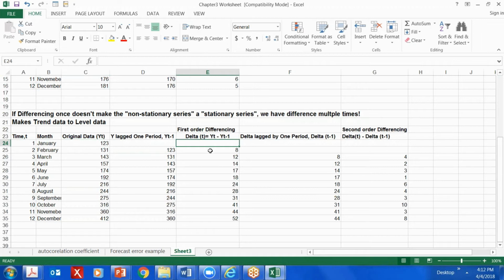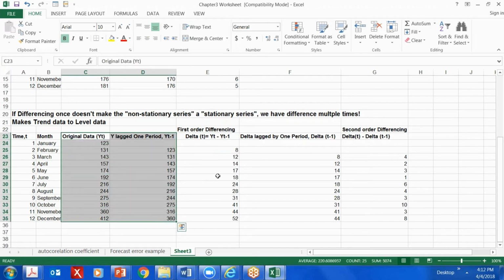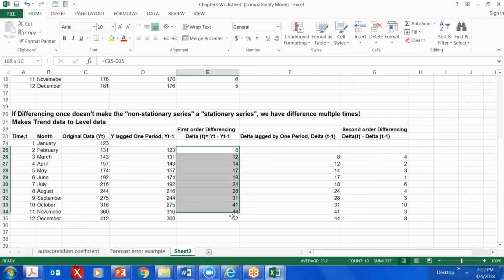I have done the first order differencing exactly the same way as in the other example. And we see that based on the values here, it has a trend. In other words, the first order differencing of this data is not giving us a stationary time series. It is still not stationary because the values are increasing with time, or they have a trend-like pattern. So let us see how we can convert this to a stationary series using second order differencing.